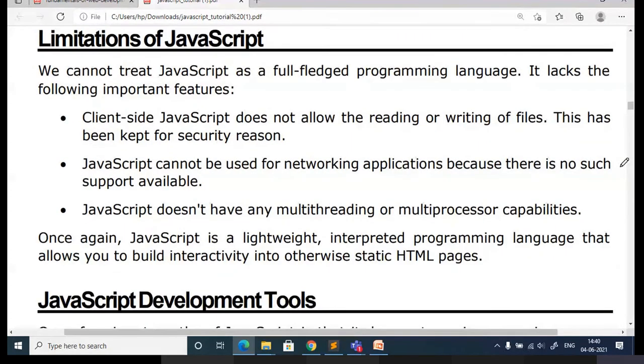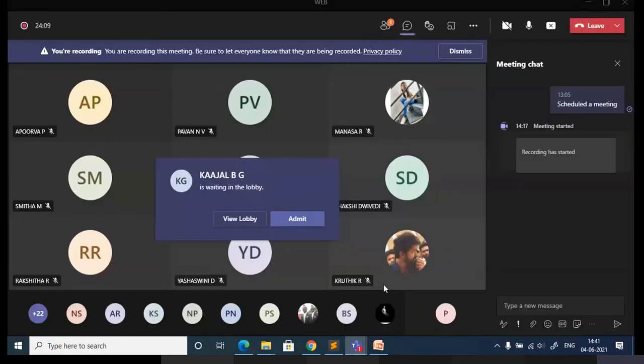So what does JavaScript not support? What are some limitations? Yesterday I told you some limitations, such as when the client browser does not support JavaScript, it won't be useful even if you have written code. Other than that, the important thing is JavaScript does not allow reading and writing files. You cannot open a file and write content, or open a file and read data. You are not going to write code for these operations. That is not supported.